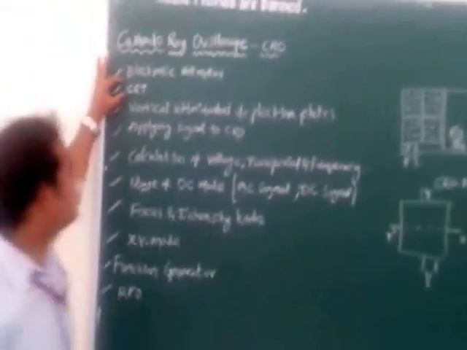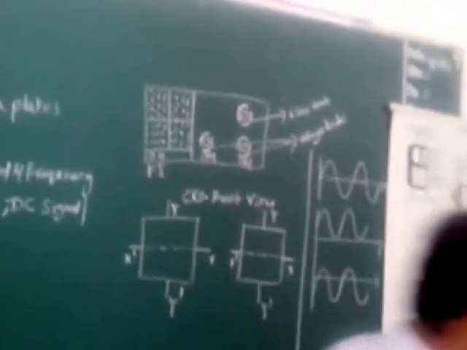The heart of the CRO is nothing but the CRT, cathode ray tube. And if you see the internal structure of the CRO, it will be like this. It is the CRT, what I have told you, and it is the heart of the CRO. Here the cathode will be there. By heating this one, a large amount of heat is required. The electron beams come due to the pre-accelerating anode and accelerating anodes. The electron beam will be going, and it is the front view of the CRO. Exactly this electron beam will be striking at the center of the CRO screen without application of any voltage.